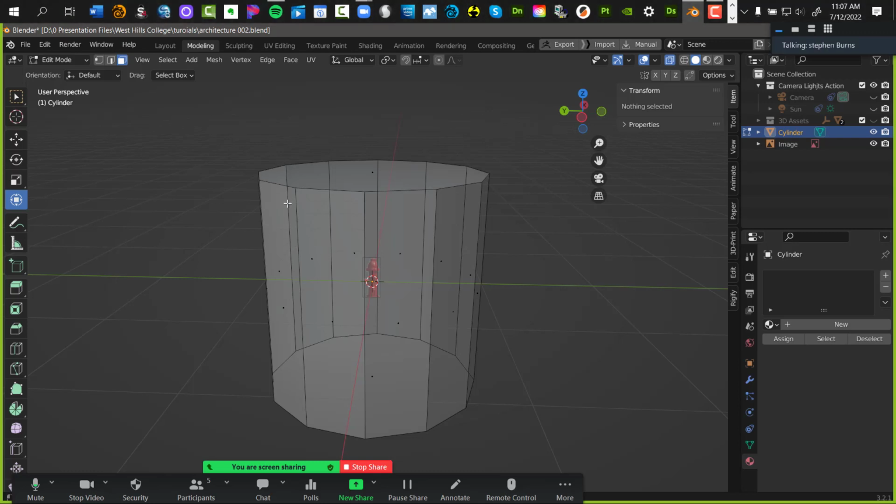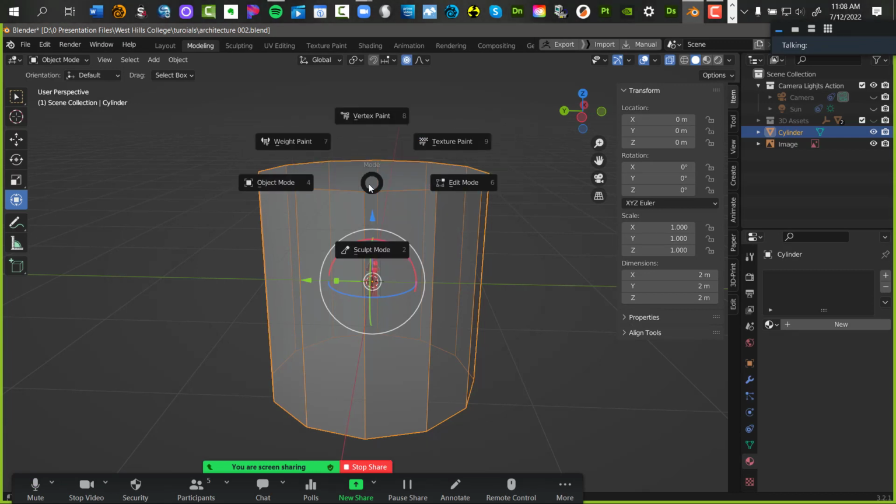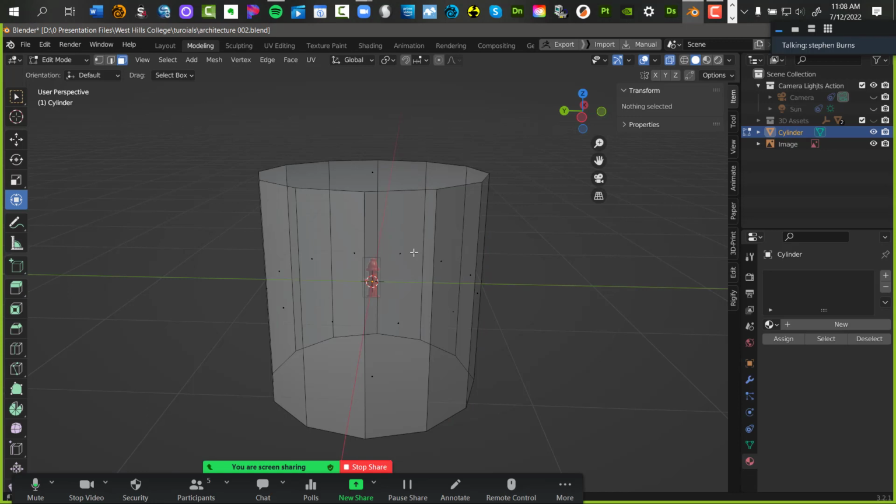All right, so everybody's there in edit mode. So remember, when you click down your tab key, what are you getting? All right, click on the object mode. Now click on your object, highlighted orange. Now hit the tab key again. Do you see edit? Now go to edit. That's one of the tricks in Blender. You've got to make sure your object is selected first.